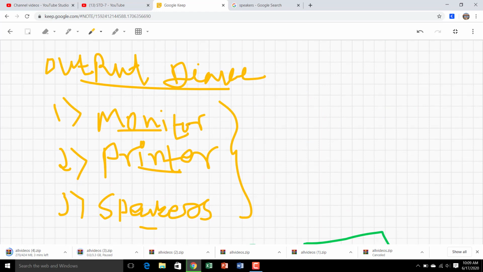So our first chapter is finished. Now I am sending a PDF file or image for our exercise. Write down the exercises: fill in the blanks, correct the statement, match the following, MCQs, and question answers. Write all the exercises in your computer books as well as your notebook. So today I am finishing this lecture, and our first chapter is over.